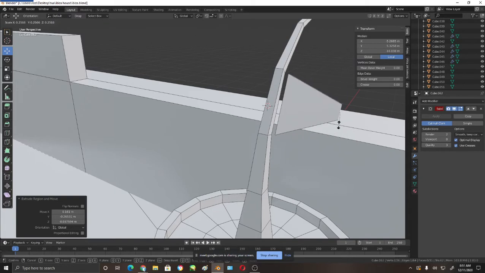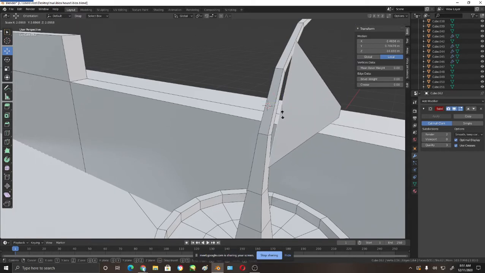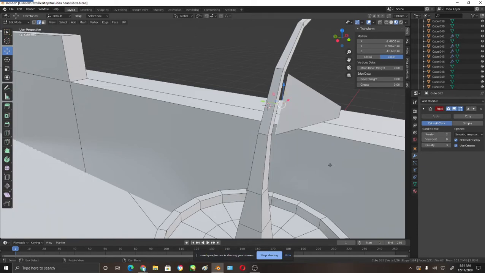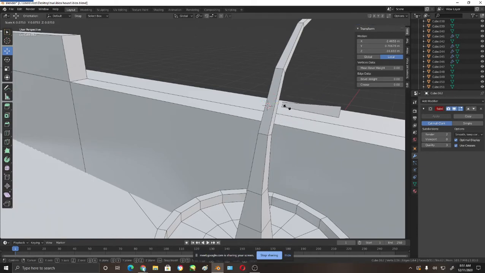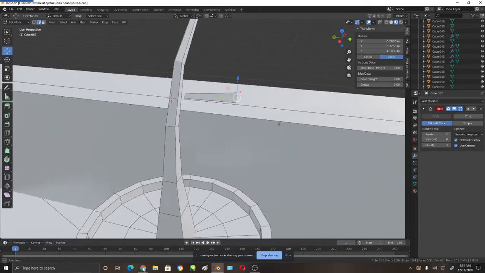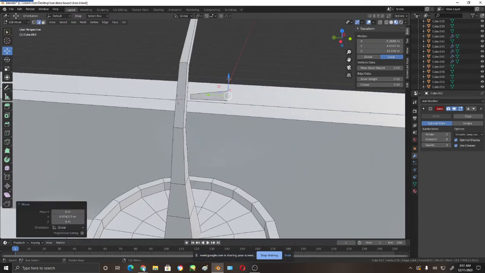Then I'm going to extrude it, okay, and scale it. Oops. Something like that. Okay. Then we're going to extrude it again and again, making it smaller. Extrude,